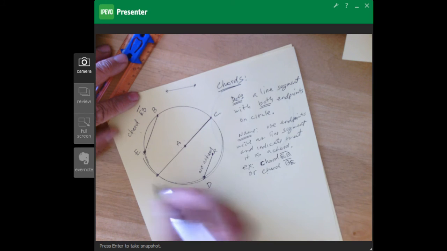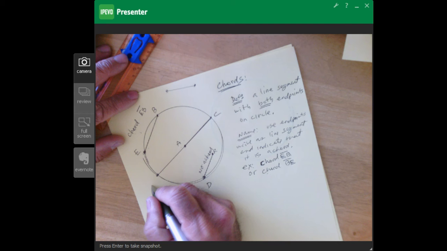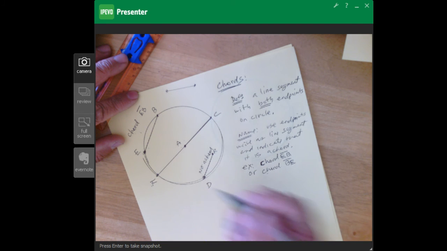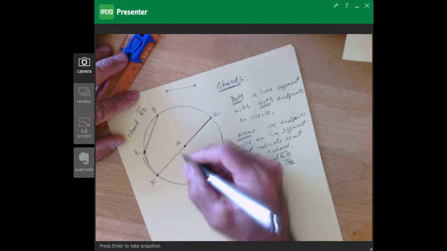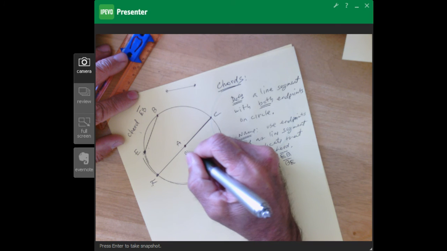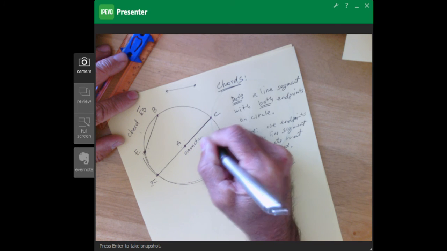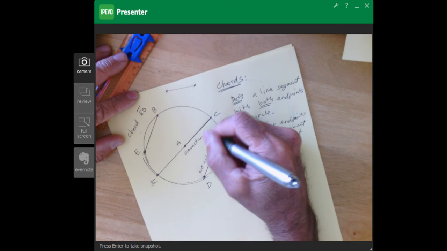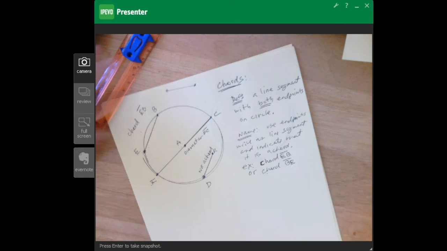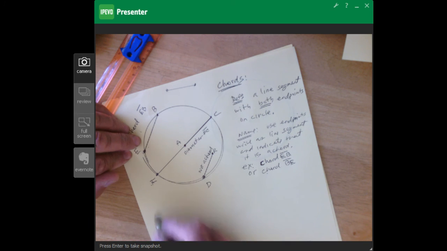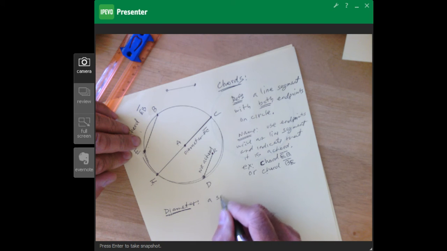So if this is point F, okay, that is a diameter. It's diameter FC. Okay, so a diameter is a type of chord. Okay, a special chord